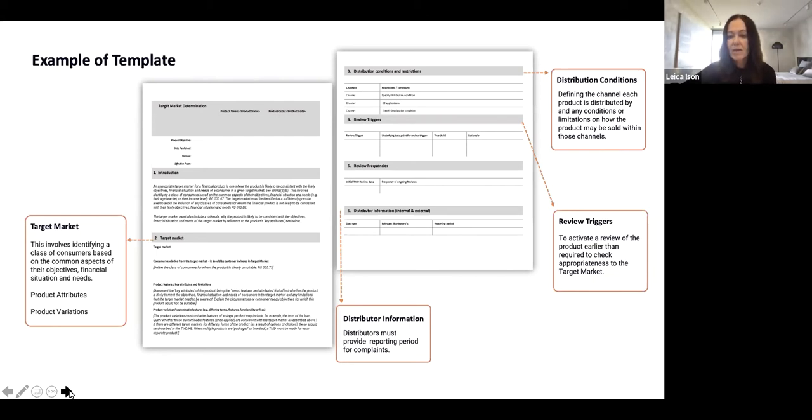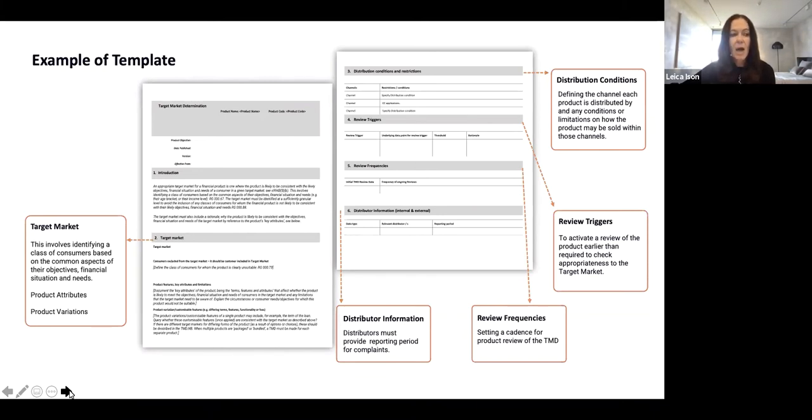We've launched the product, we're clear about the distribution channels that we want to use, we've worked with our legal teams on the distribution conditions, the product's out there, we're monitoring it, we're really busy. You might have lots of products in your portfolio. So these review triggers, when they're set up and automated, and I'll show you some examples of those, you can get that nice early warning and then jump into your product strategy and do some root cause analysis about what's going on. And then the final area, again, around the review frequencies.